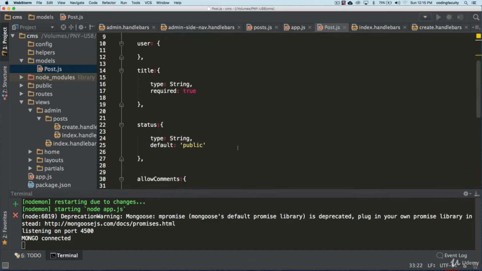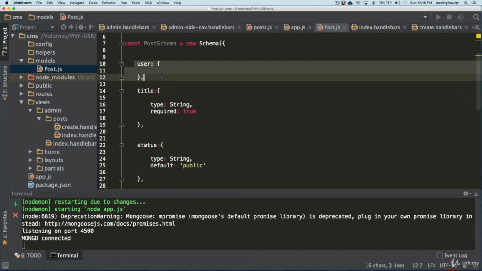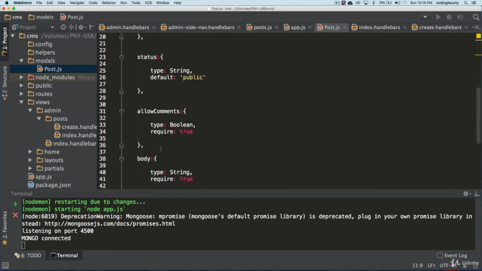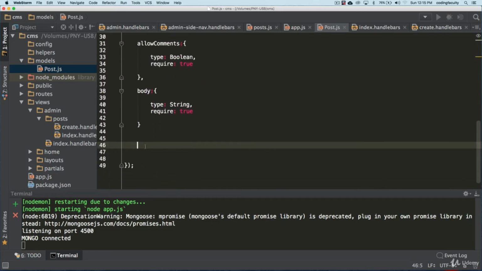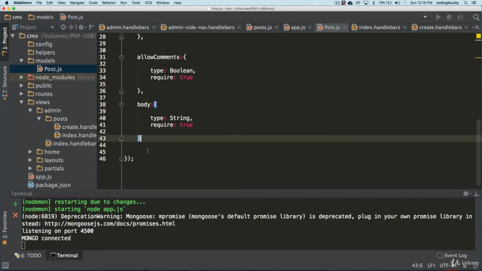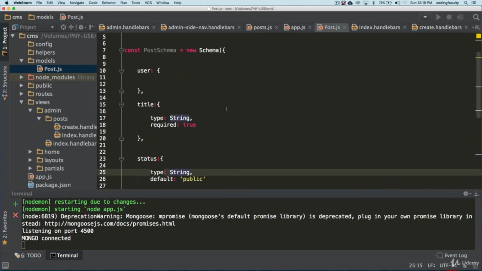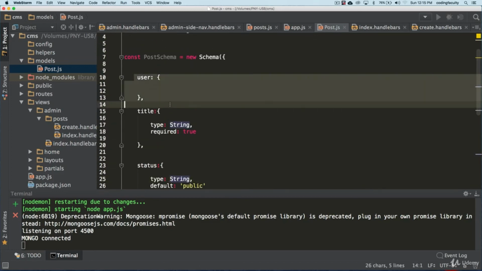All right, let's double check this. Now, in the next lecture, I will explain to you about the user, okay? It's because we are going to talk about relationships in a minute. And just a little bit here, so that way you know how this works. Now, the last field here, we don't need to put a comma because we don't have anything else following it. Just making sure that this required is all good. The string is starting with an uppercase, the first letter of the type value, uppercase. All right. So in the next lecture, I'm going to explain to you a little bit about relationships. Thank you so much for watching, guys, and I'll see you in the next lecture.